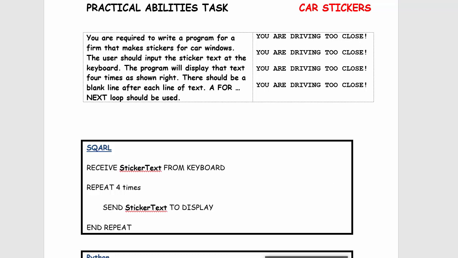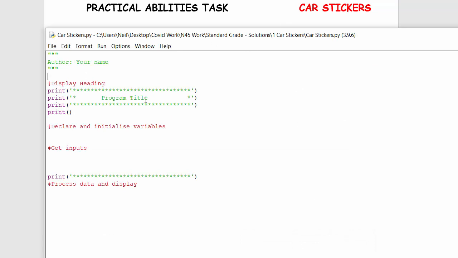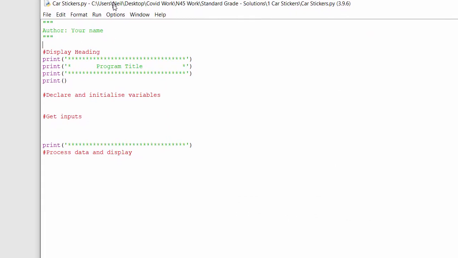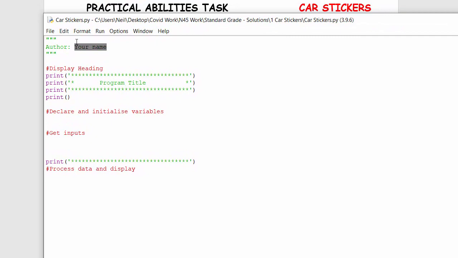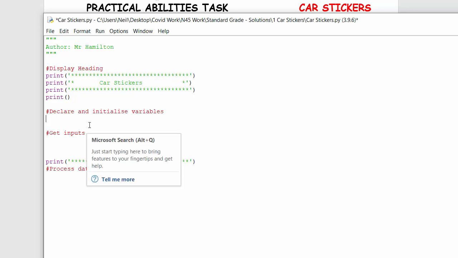So if I go onto the Python program, okay, so this is your template that you got. So you can just put your name in, alright? You then put the program title and it's called car stickers. And you're going to declare and initialize the variables, okay? So initializing is just setting a variable to be empty. So we're going to have a variable, we'll just call it sticker text, and it's going to be a string. So that's basically saying it's going to be sticker text and it's not going to hold any information in it